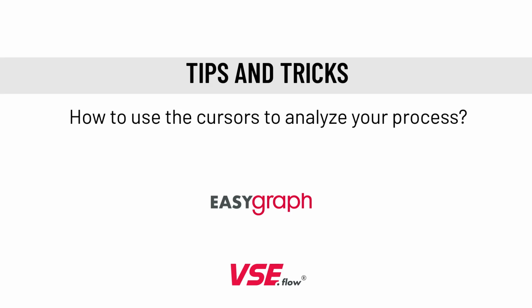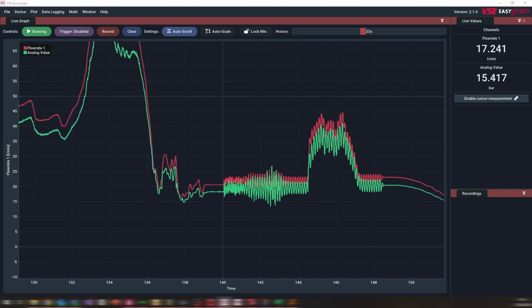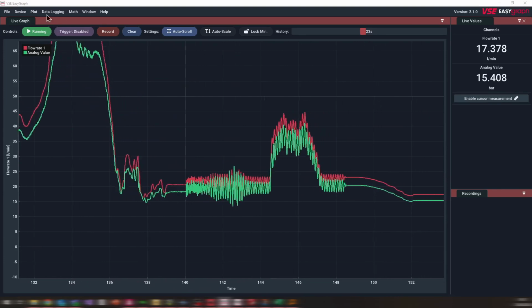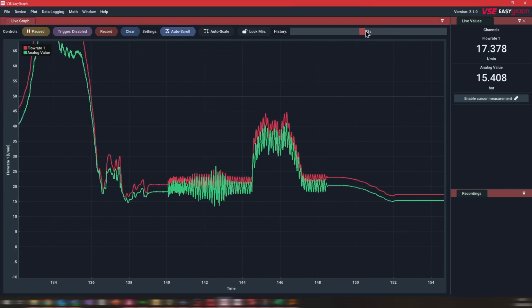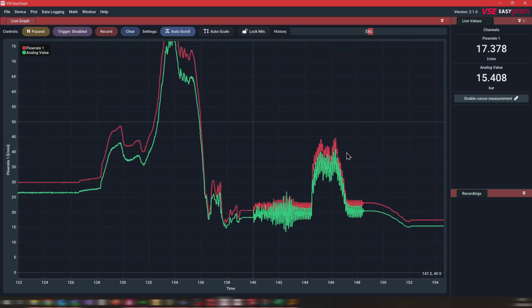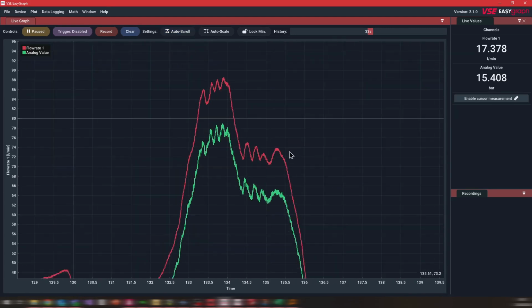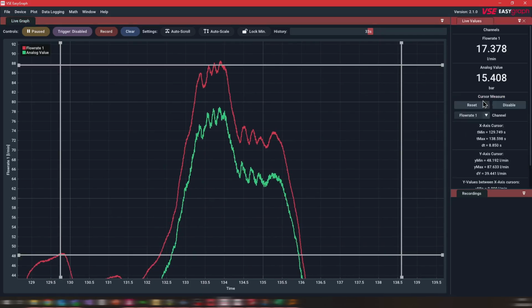The next feature is the cursor feature to analyze our live graph a bit more. At first we'll just make some dynamic recording to view later. We'll just stop the process and adjust our view a bit to really see it. And now we can just find a spot that's interesting to us. For example, here this peak is very interesting, and we'll just use the button on the right, enable cursor measurement,